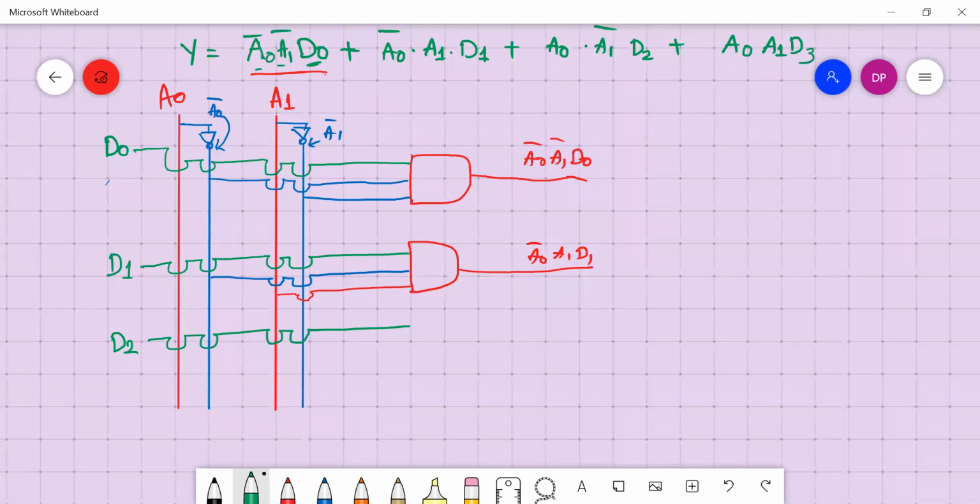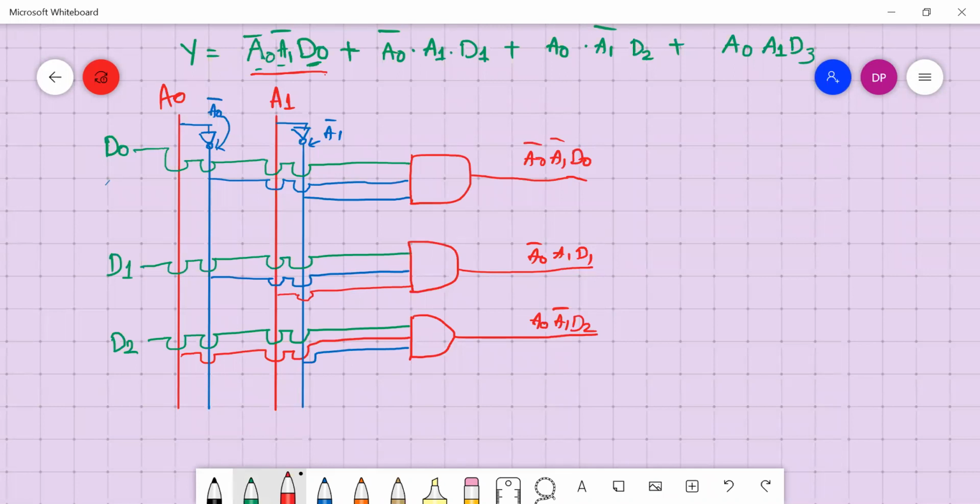Then you should take A0, and next A1 complement. Then you take an AND gate. This is A0, A1 complement, D2.